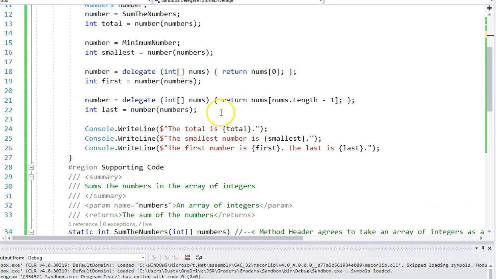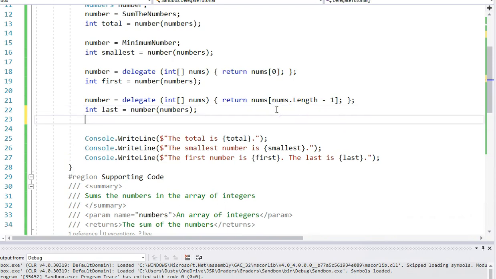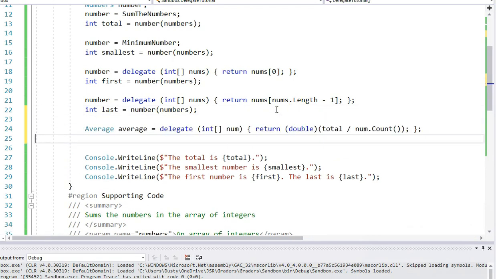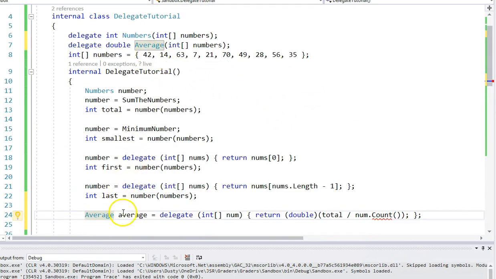And now let's create the code for the average. And to do that, we will come in here and we will say average. Remember, average is our new delegate up there. We give it a name. It's equal to,